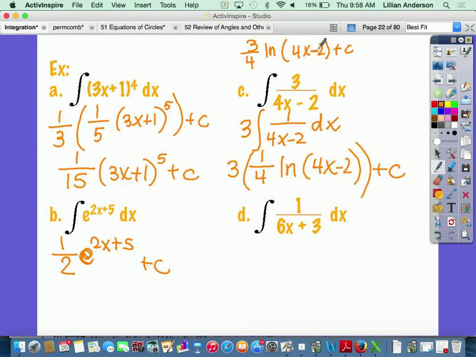And the last one. 1, 2, or 3? 3. So it's going to be 1 over A. 6. Then plus